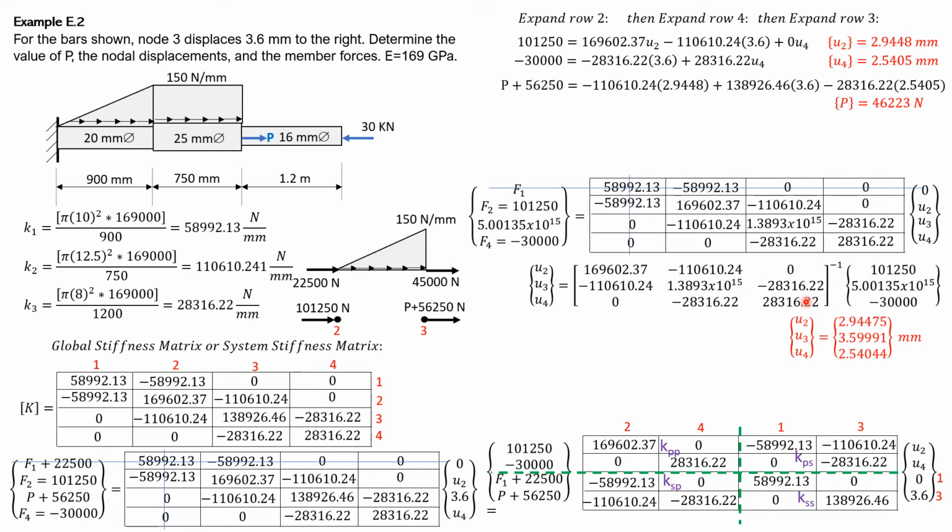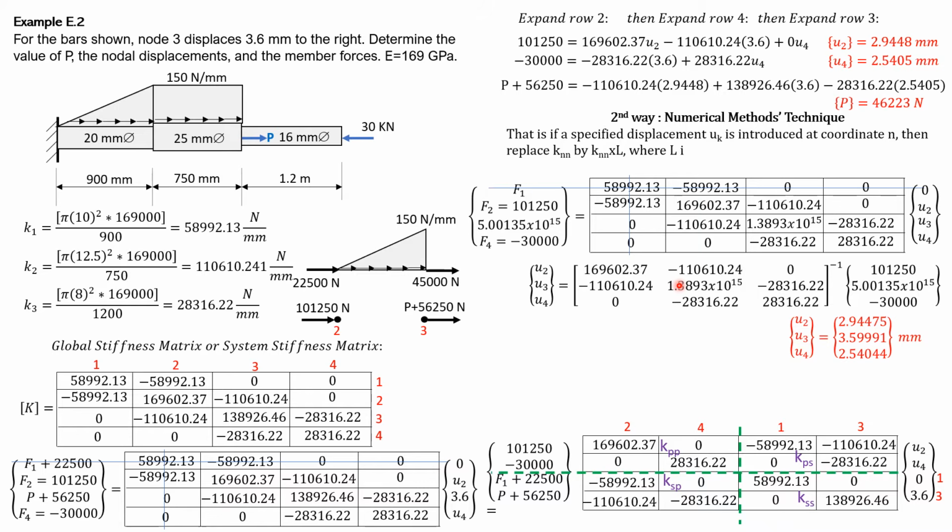The next technique is the numerical methods technique, which states that if displacement is specified at or introduced at coordinate n, then replace the stiffness of that nn, in this case node 3, because P is at node 3 and 3.6 is specified at node 3, so